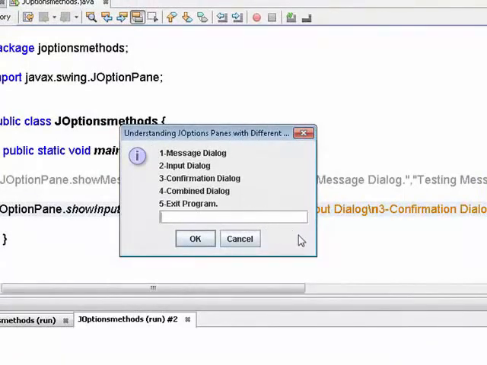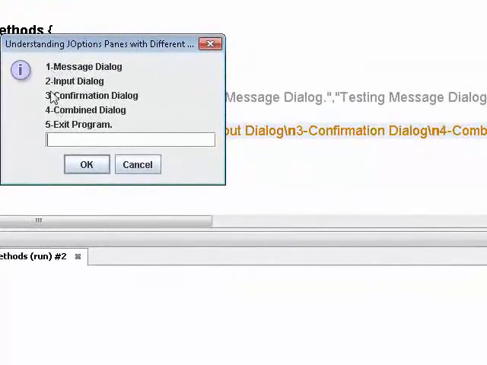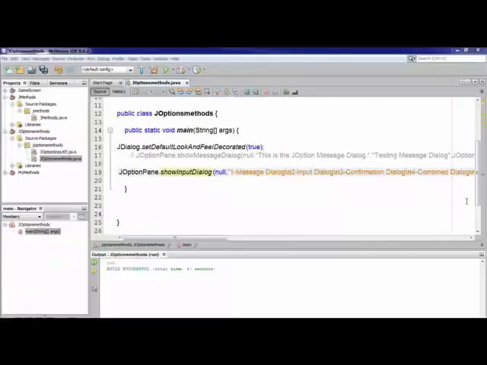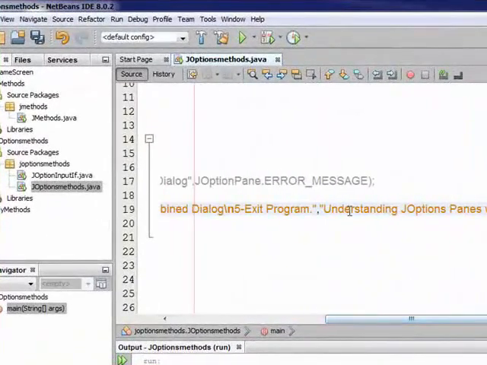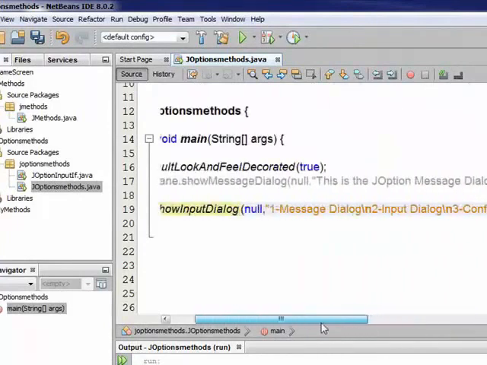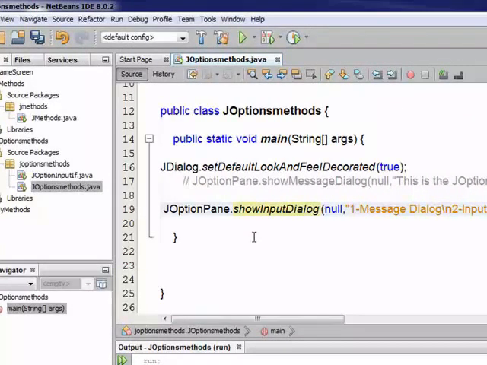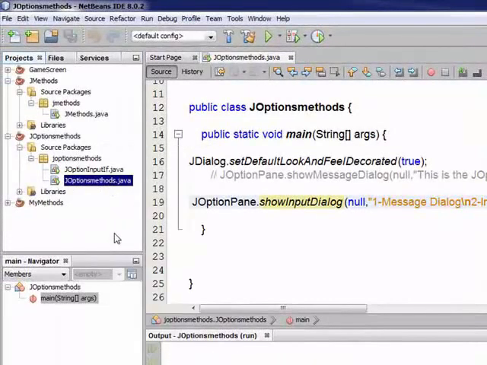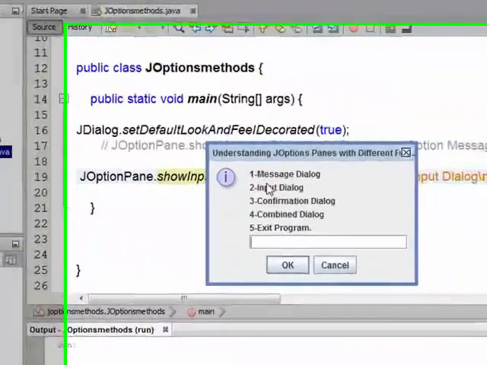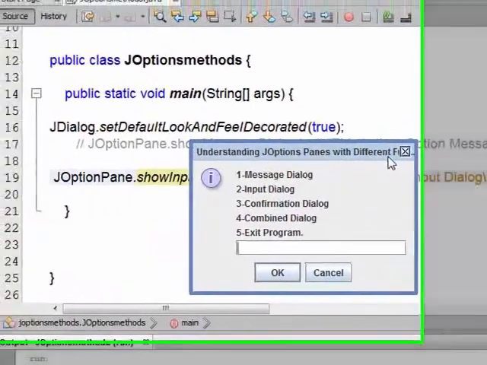Now let's suppose I am going to increase the internal message, that is the component message, message options number 1, 2, 3, 4 and 5. Let me extend this message to see what happens. I'm running this to show you how you can increase the length of the message box. Right-click, run the file. Now you can see that the message is truncating after "different".